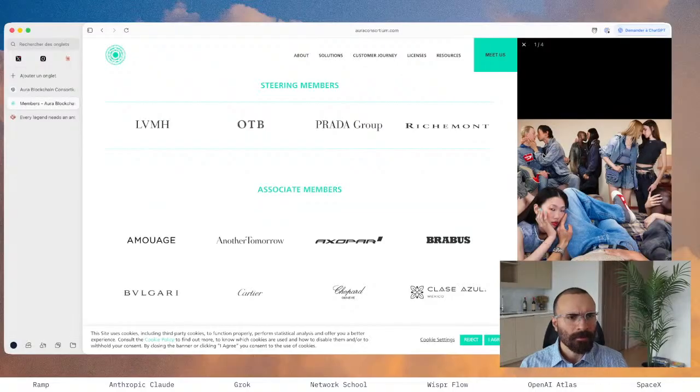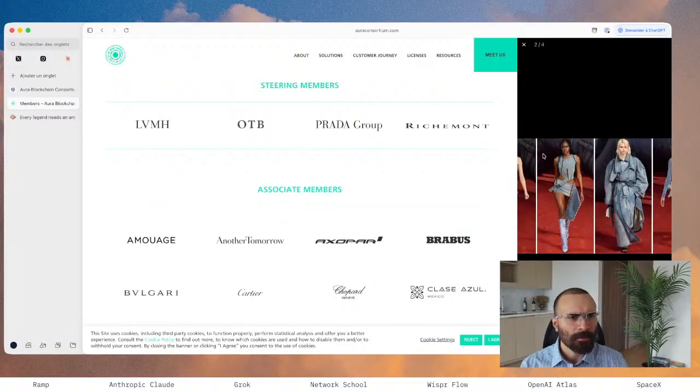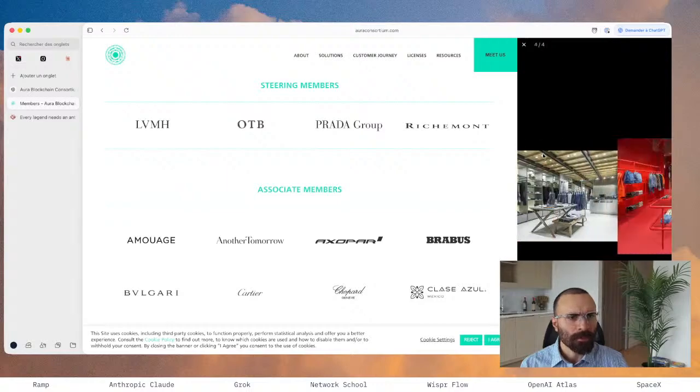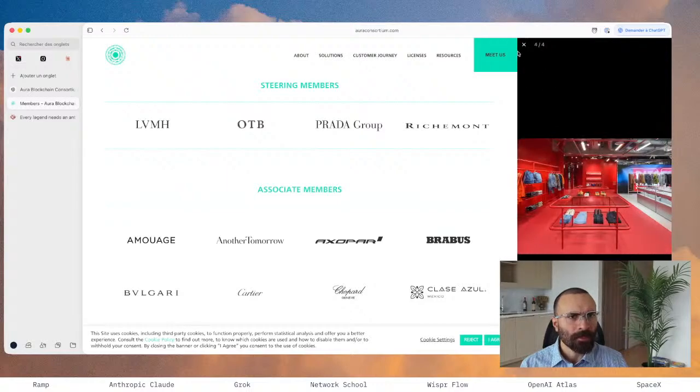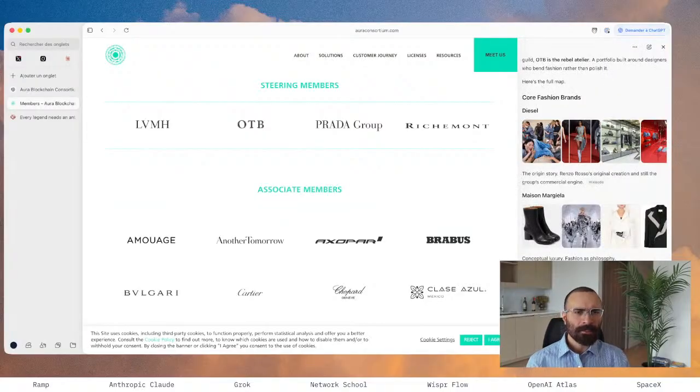Okay. They definitely do a lot of interesting work with denim. I think Diesel is pretty cool. Diesel is actually pretty cool because you definitely go in there and they have done a lot of